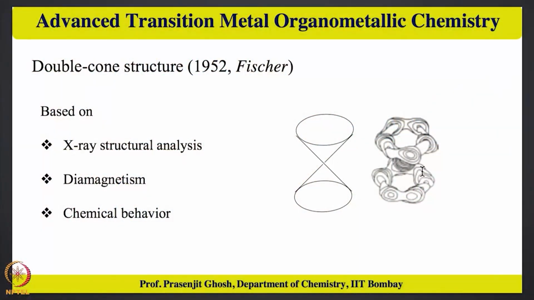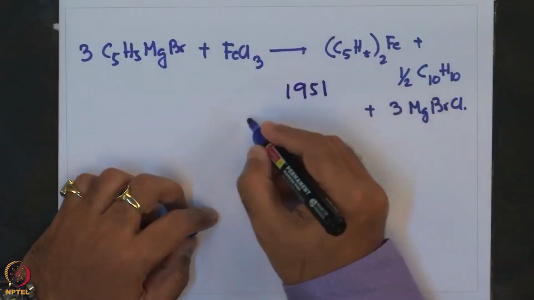In hindsight, such debate made sense because there is no sigma type orbital available to make a direct sigma bond with the Cp ligand or Cp anion. So one is left to wonder how the aromatic pi cloud interacts with metal orbitals, and such kind of interaction had not earlier been observed in any other metal complexes. So given the fact that the synthesis of ferrocene was reported somewhere in 1951 and 52,